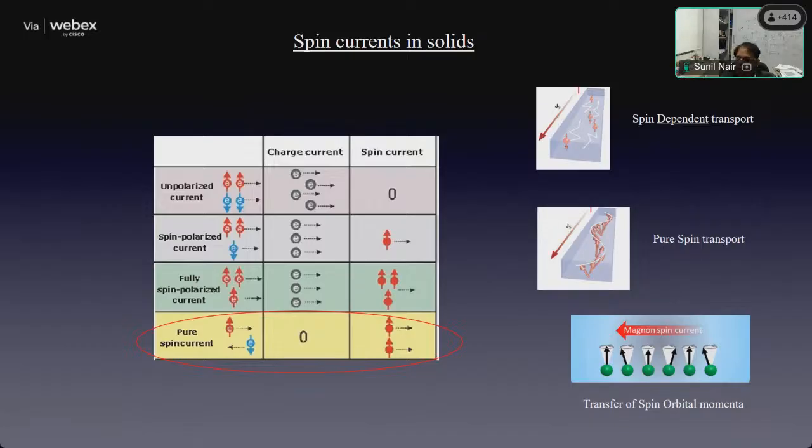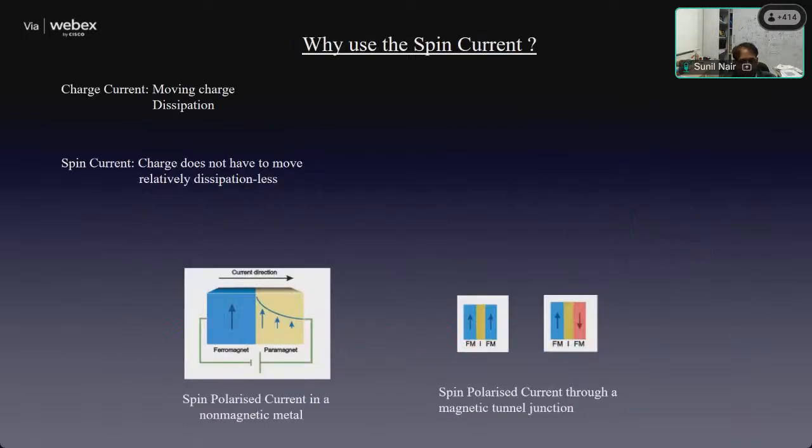Now, why is this important? Why should one take the trouble of using spin current at all? The reason is simple. Charges interact very strongly with their surroundings. So, whenever you're looking at any kind of charge current, charges are an electron or absence of an electron, a hole. They interact via the Coulombic repulsion. They interact very strongly with their surroundings, and that interaction is what gives rise to resistivity and also dissipation of energy. And so that is the reason why, for instance, all our electronic equipment gets hot on you, right?